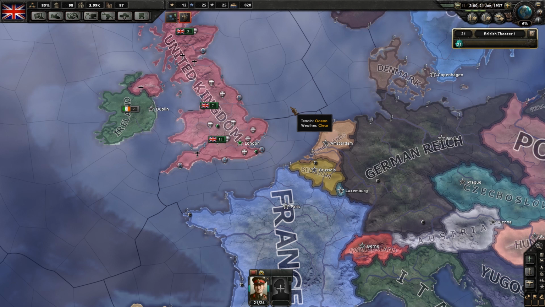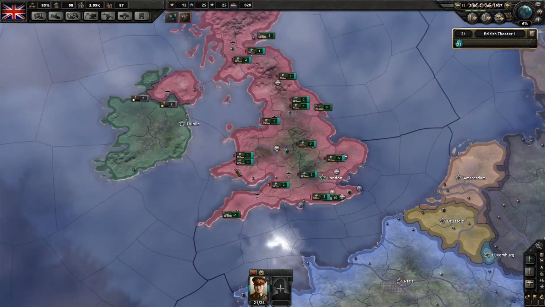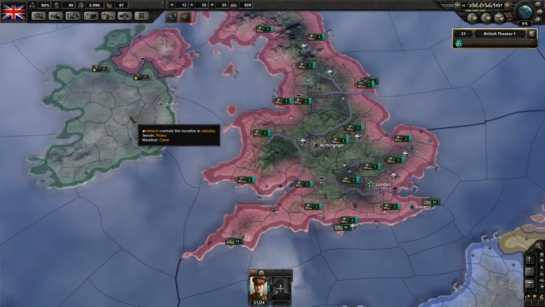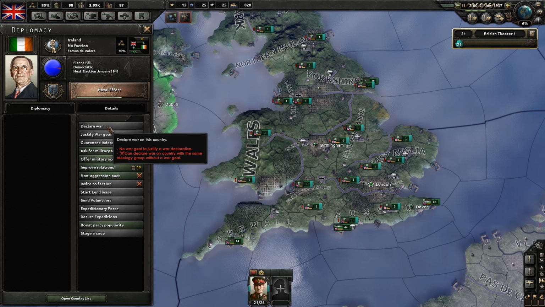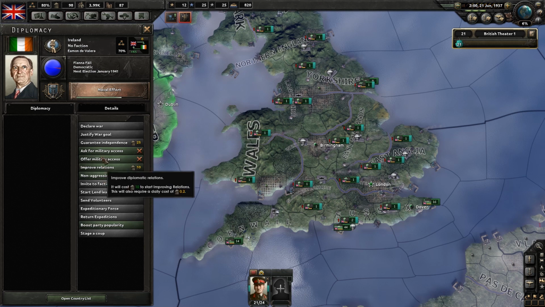Now, we'll play through this game again, and probably at a later time we will go with a more aggressive stance. And thirdly, some people have said just go to war with Ireland. Well, I certainly could, but I don't think I'm allowed to. No war goal to justify war declaration. Can't declare war on a country with the same ideology without a war goal. So we could attempt...